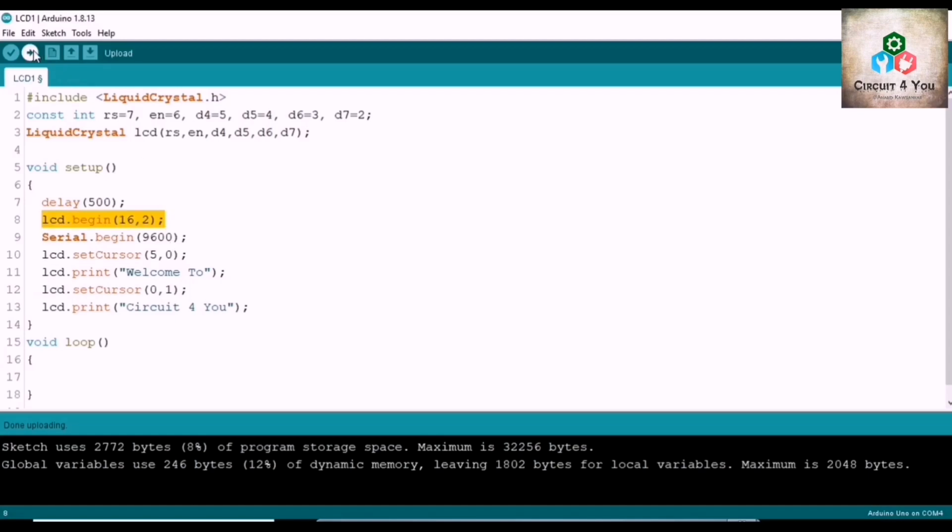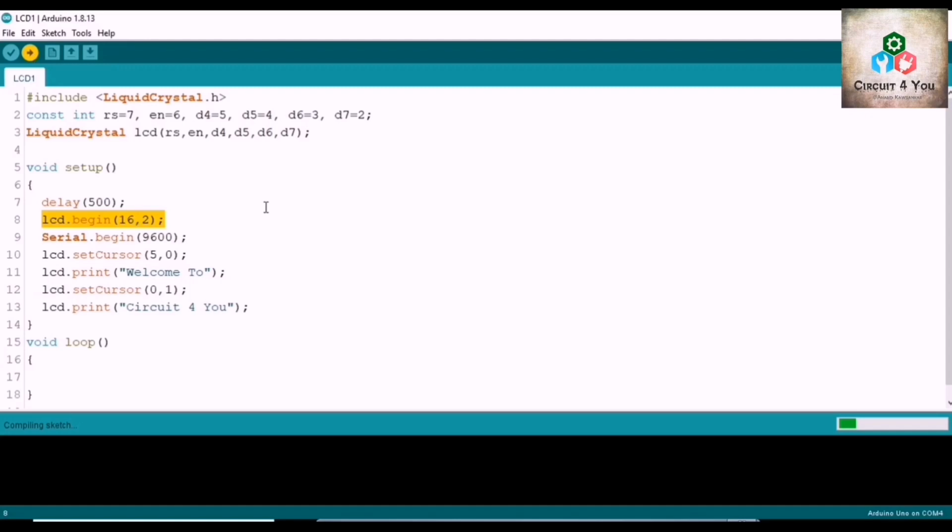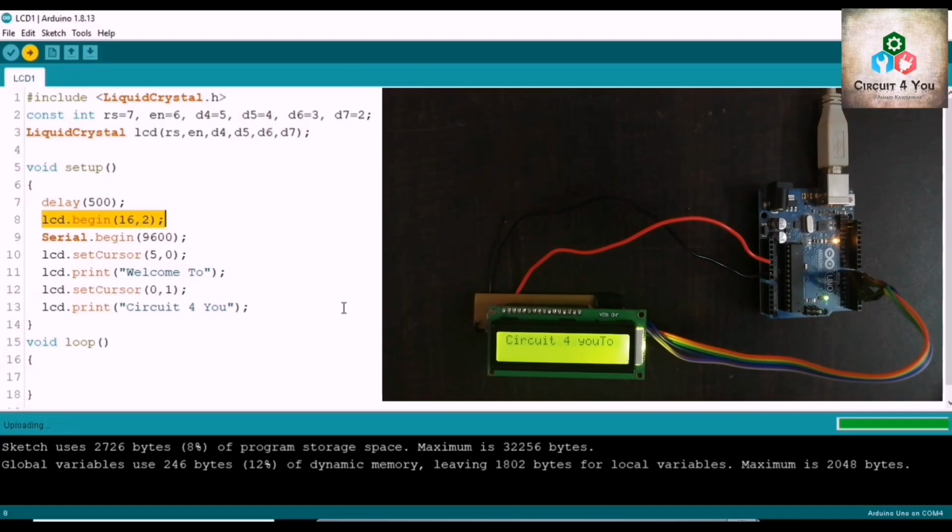Let's upload the program. The program is successfully uploaded and you can see the result is printed. Now it's according to our requirements.